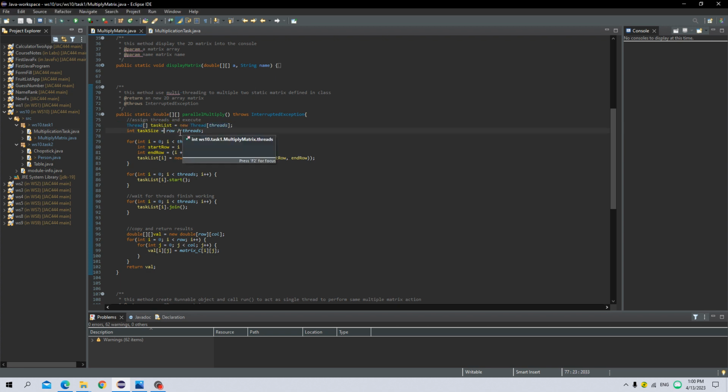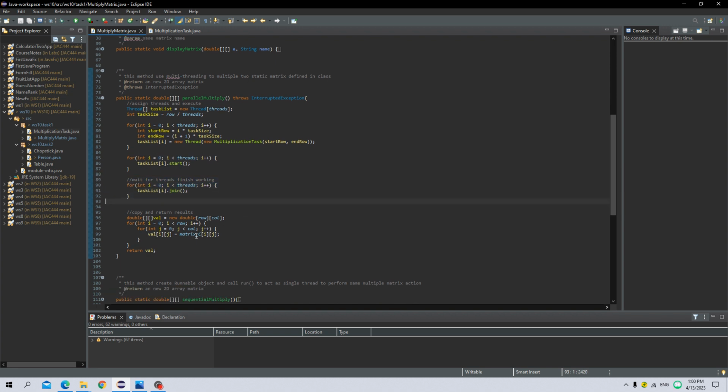Each part in this case is 400 rows, and we increment by 400 every time in the for loop, and create a thread with this particular task with start and end row. So this is very straightforward, and once we start every thread, we wait for everybody to finish calculation and return the